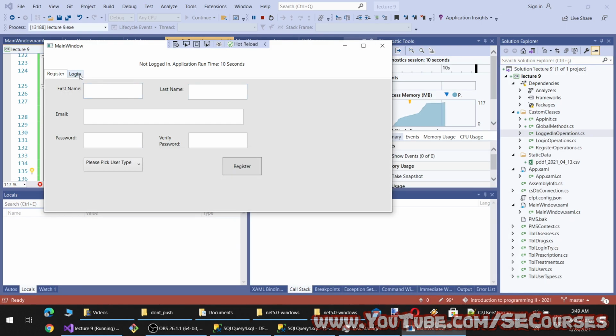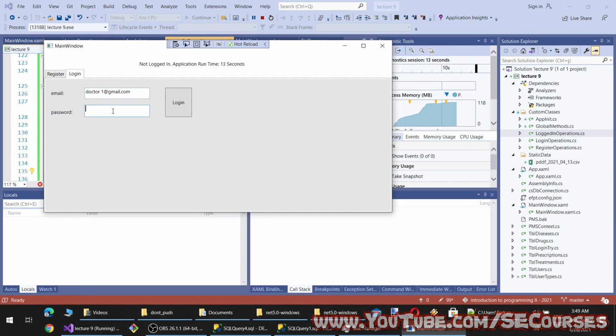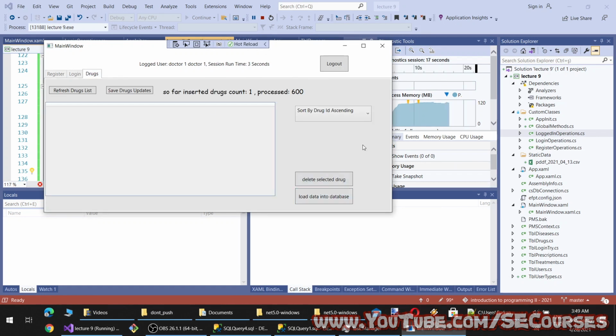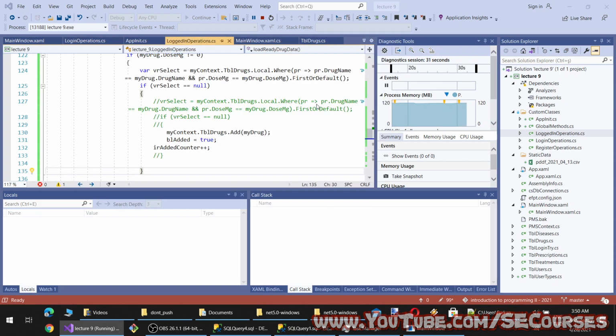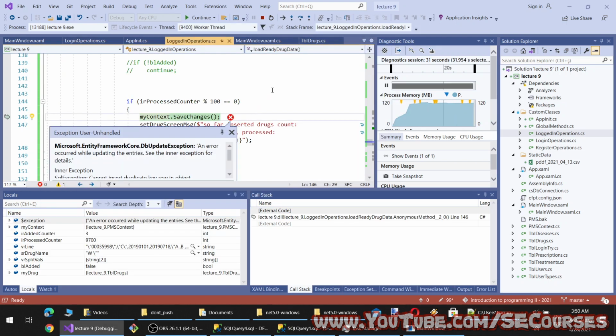Okay, let's log in. Let's see. Okay, so we are processing with this speed. This file has so many.